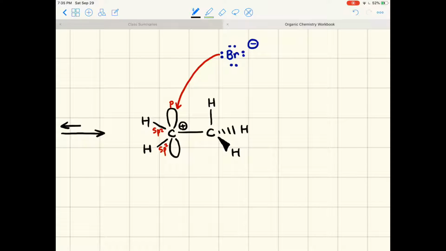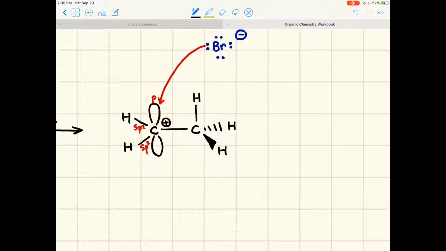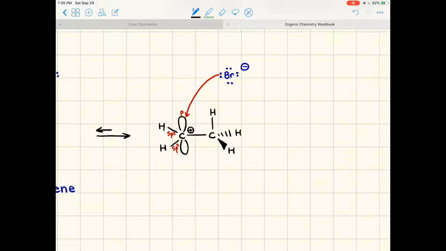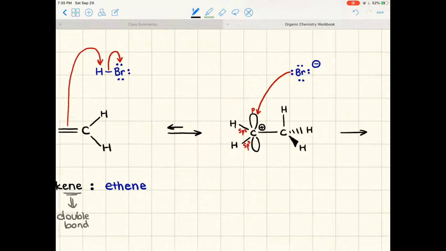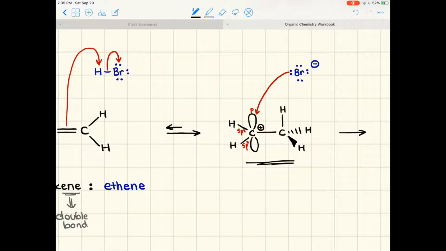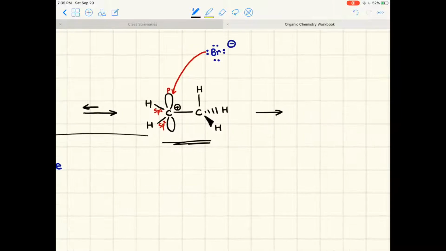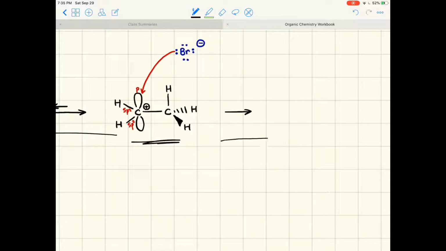This carbon is so unhappy that the octet is not complete. It's gonna try to complete it, which is why it's gonna attract this bromine over. And so this is a pretty stable formation, because when you have this, it either goes back to this or it's gonna go forward